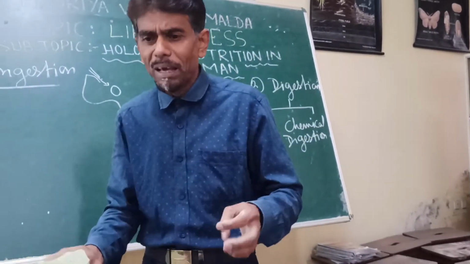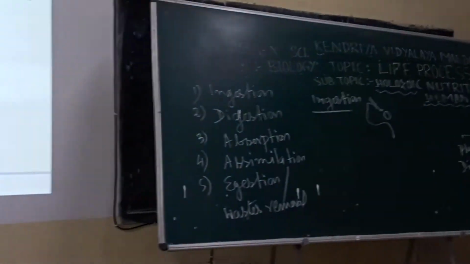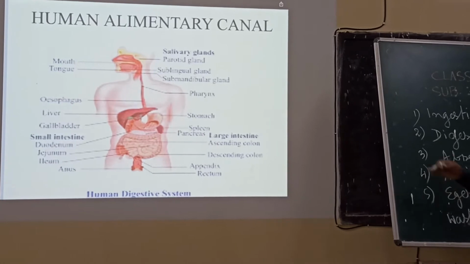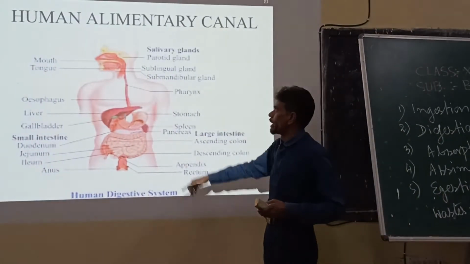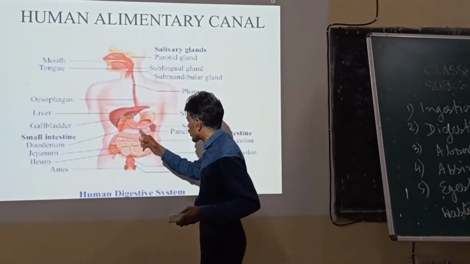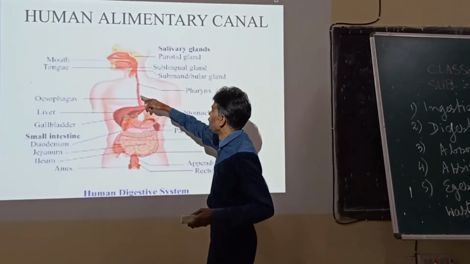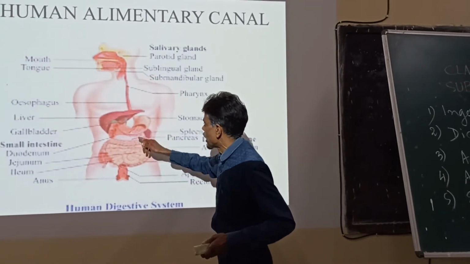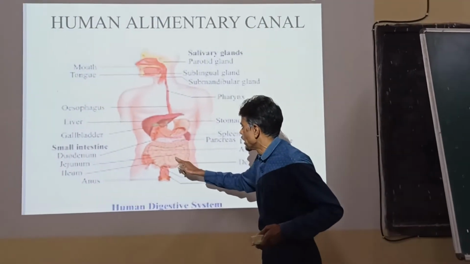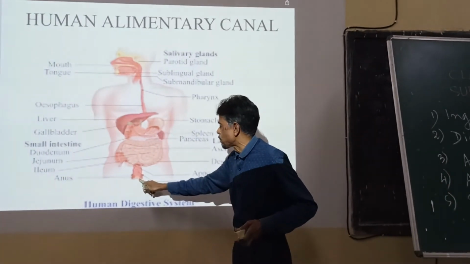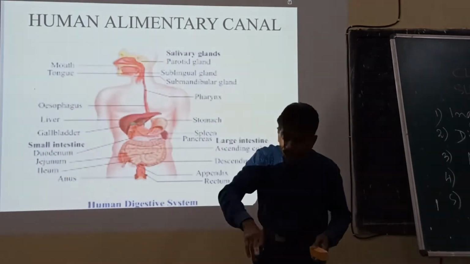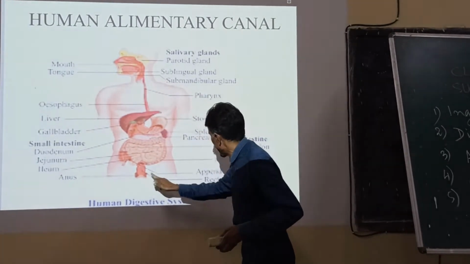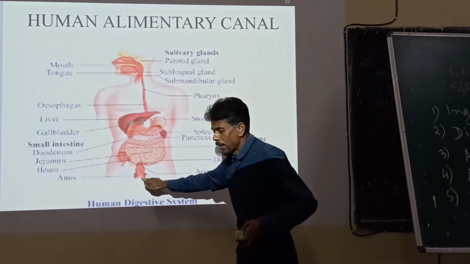I will show you a clipping here. This is the alimentary canal. I will take up the individual parts. This is the overall alimentary canal starting from the mouth and ending at the anus. In between are so many parts: esophagus, then the stomach, a bag-like structure, then the intestine, small and large, with the large intestine last, ending at the anus, the opening of the rectum.